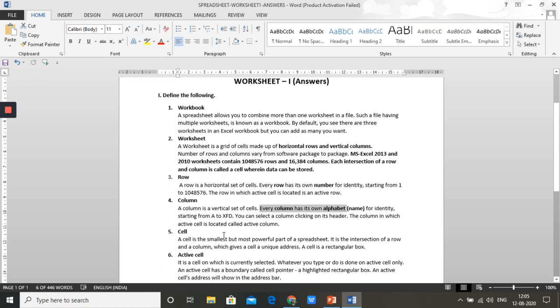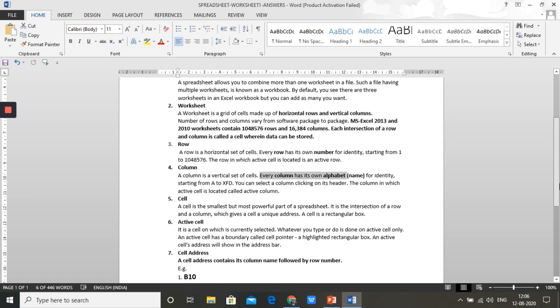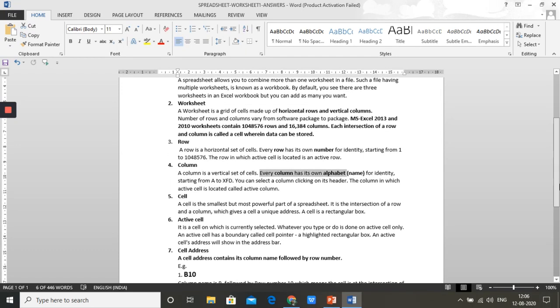Next, definition of cell. A cell is the smallest but most powerful part of a spreadsheet. It is the intersection of a row and a column which gives a cell a unique address. A cell is a rectangular box. Definition of an active cell. It's a cell on which the cursor is currently located.